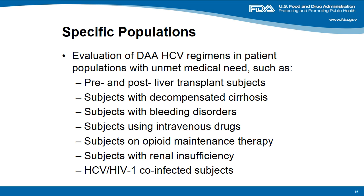So drug development programs should include as broad a population as appropriate. We recommend including subjects who are diagnosed with compensated cirrhosis in phase 2 and phase 3 trials. Also, we encourage the study of combinations of direct-acting antivirals in subjects with greatest need for new drugs, such as subjects with bleeding disorders, transplant subjects, and subjects with decompensated cirrhosis. In order to have